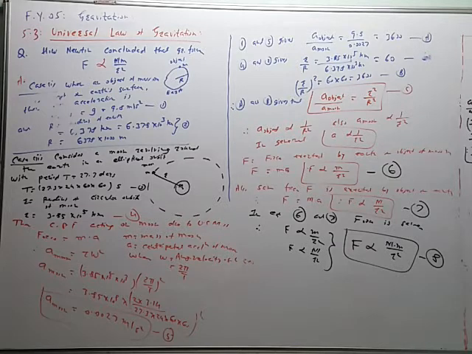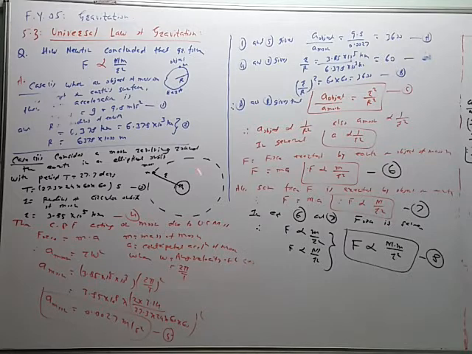So this equation C shows that the acceleration of the object is inversely proportional to R square, where R is the radius of the earth. So a moon is in the denominator and small r is in the numerator. Therefore, a moon is also inversely proportional to r square. So in general, acceleration is inversely proportional to the square of the distance between the two bodies.